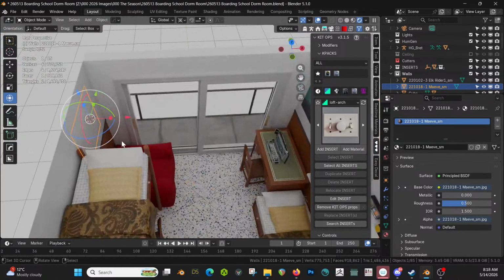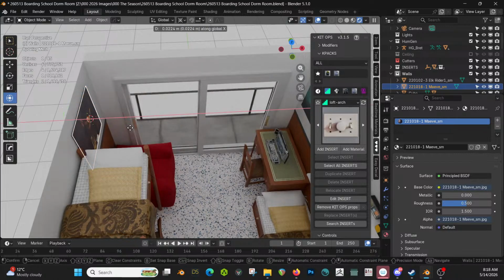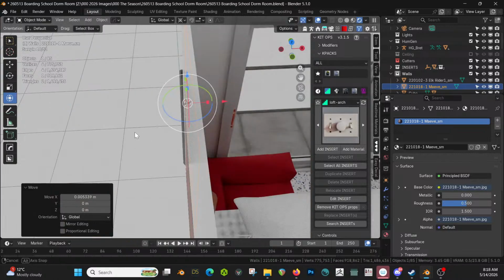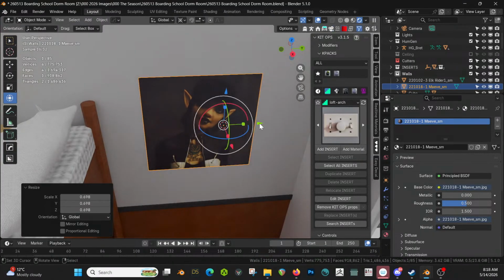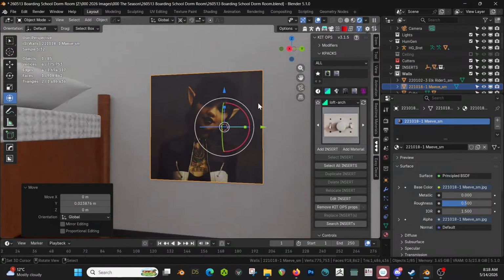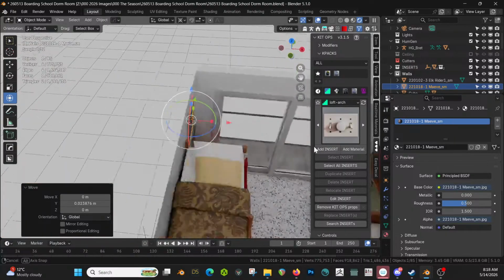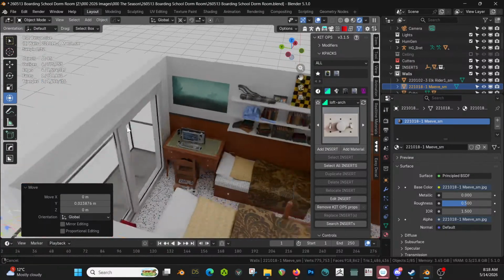Cool. Scale down just a little bit. Cool. And the tattoo is actually still readable, so I think I get it right. We have pictures on our wall now. It's very plain. It should be more than that, but